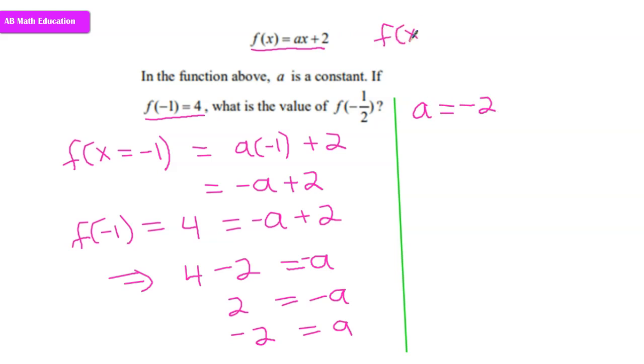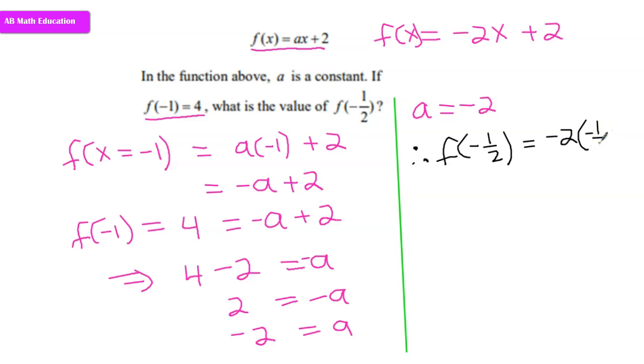So f of x is equal to negative 2x plus 2. So therefore, f of negative 1/2 must be equal to negative 2 times negative half plus 2. And that gives us 2 divided by 2